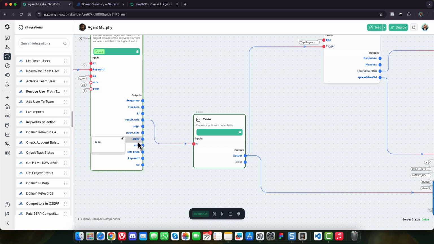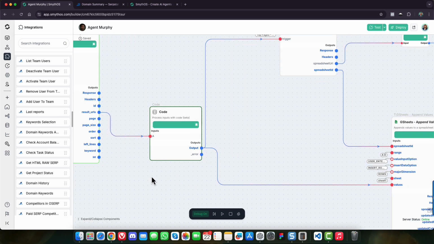Depending on your use case, these are all valuable information that you can use in other post-processing tasks. After that, we only need the result URLs and the other information that comes with it, so we're going to pass this to the code component here.